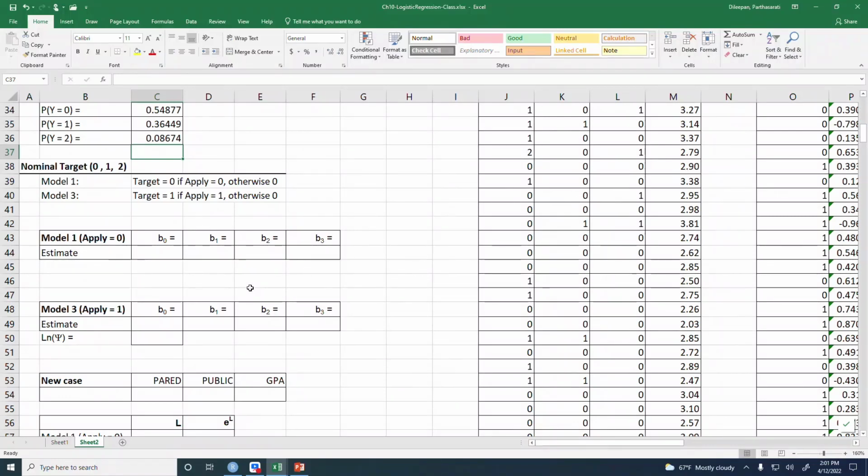What happens when you have a nominal target? If you have a nominal target, then you don't have an enforced ordering. So you can't say that either 0 or 1, and the third one will be 2. You can have 0 or 1, or 0 or 2, or 1 or 2, and all combinations are possible. So we have to place one value as a base value, and then compute probabilities for the other